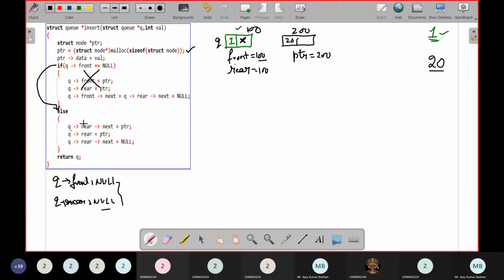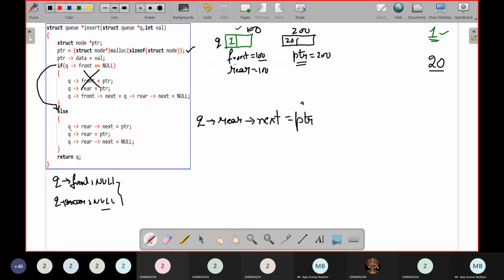What he's saying is queue of rear next means queue is here. Queue of rear is pointing to this particular node. What is the next address here? This one. Initially it is null. I'm going to replace this. What is the syntax here? Queue of rear, and rear is pointing to this particular node, and within that the next block is the one which I need to fill with the address of this particular node, and this particular node address is present in a variable called pointer.